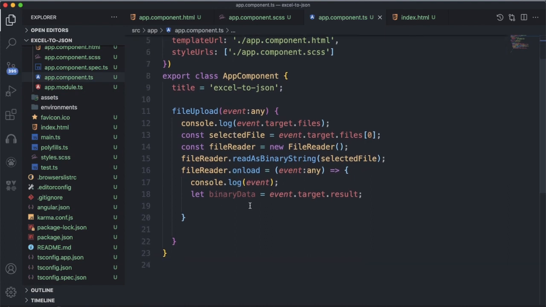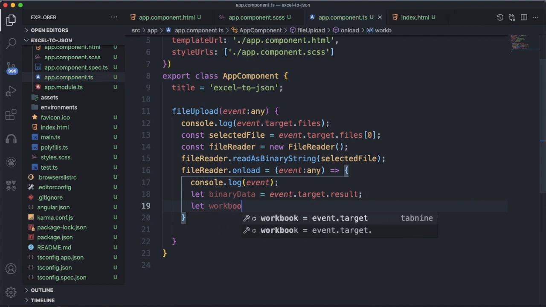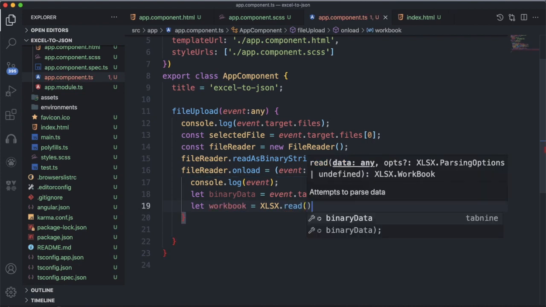Once you have imported that, here you need to read this binary data with XLSX. Let workbook equal to XLSX.read method. For this read method, you need to pass two parameters.